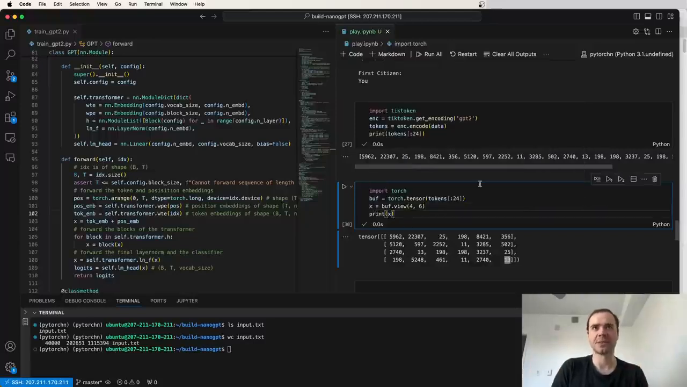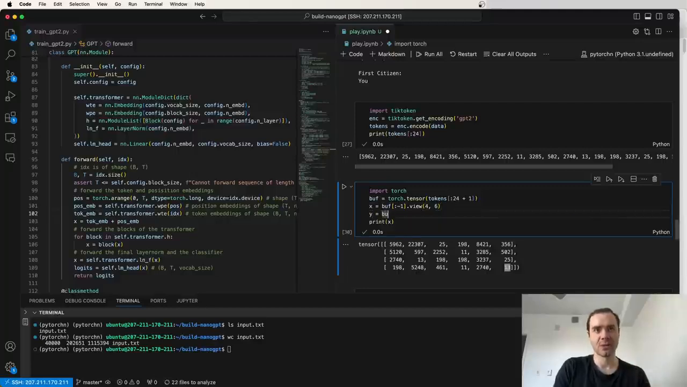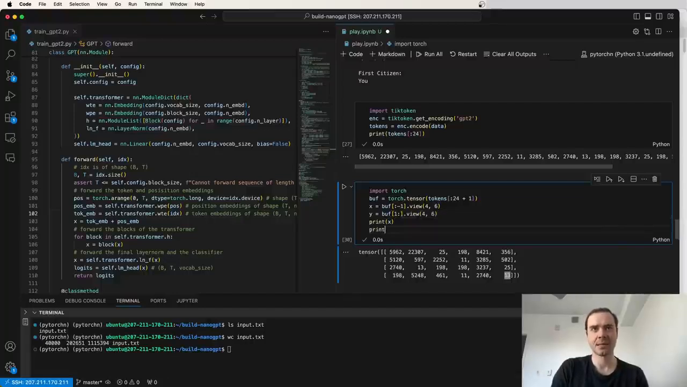And so here's the way that I like to do that. I like to make sure that I fetch +1 token, because we need the ground truth for the very last token for 13. And then when we're creating the input, we take everything up to the last token, not including, and view it as 4×6. And when we're creating the targets, we do the buffer, but starting at index 1, not index 0. So we're skipping the first element, and we view it in the exact same size. And then when I print this,